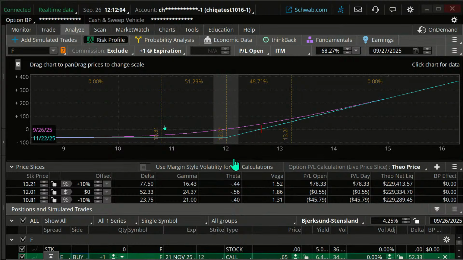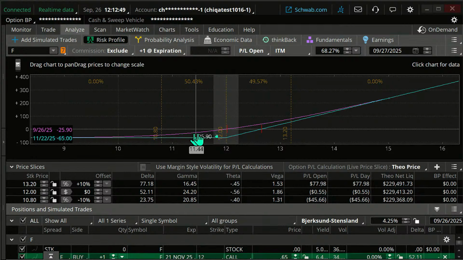So what can we tell from the long call? Well, with the long call, we can see, if the stock goes down, it's not good. We're losing money. No surprise, you know that. If the stock is down and it keeps going down, there's a limit to how much you lose. You lose the initial cost, 65 bucks there. Now you may be going, well, that scale is tough to see. I know it's between 0 and minus 100, but I want to know exactly how much. Just put your cursor on it and you can look right here in this bottom left. Look at the blue line there. It shows minus $65. That's a loss.